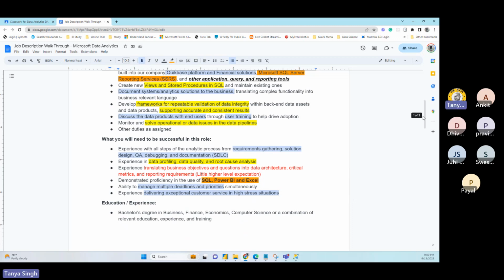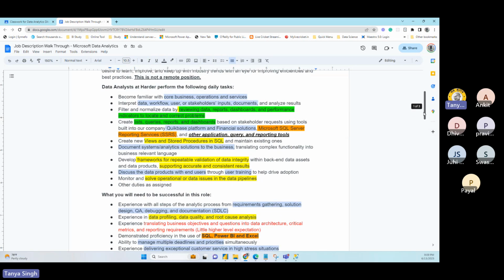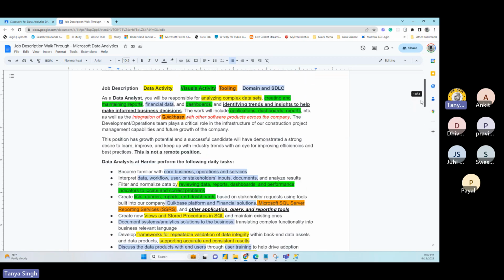A few things are very important when you look at this job description. You can see my screen, right? I have color coded it for better understanding, to show how you can group the list of activities that you're going to do.